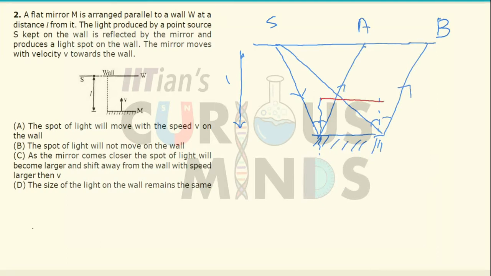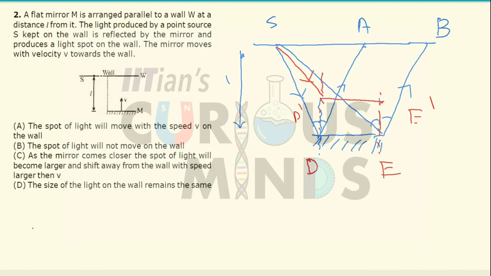Whatever may be the height. Now since the mirror is moving parallel to the surface of the wall, after certain time the edges, let us say the edges over here were D and E, will move to D dash and E dash, forming a rectangle. If you see, D dash, D, E, E dash will be a rectangle. So after certain time the reflection takes place at, let us say, D dash.